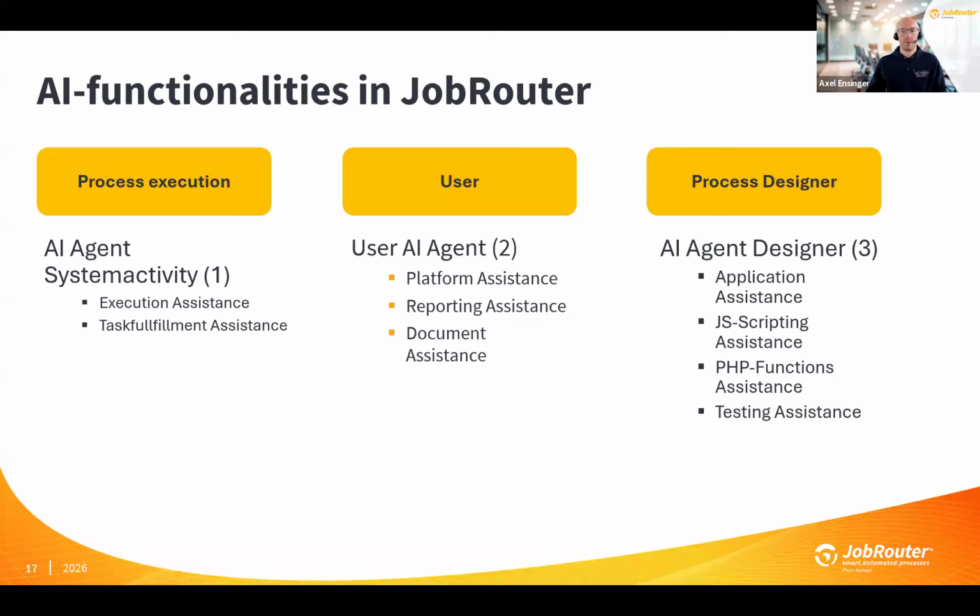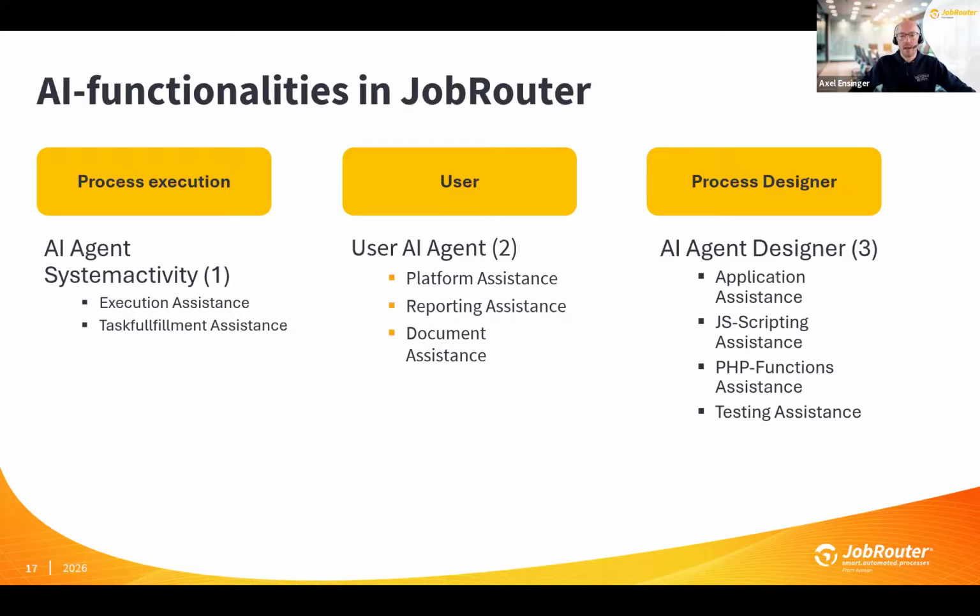So, for example, you say, this is the type of process that I want to have with these kinds of steps, and it will prepare everything in JobRouter, starting with a flowchart, building you the different steps inside of JobRouter, the process table, and even the forms that you need for this workflow. And then you can start working on it, but you save some time for the first draft of this workflow, or it can help you build PHP functions or JavaScript functions inside of the platform without having to know how to develop this on your own.